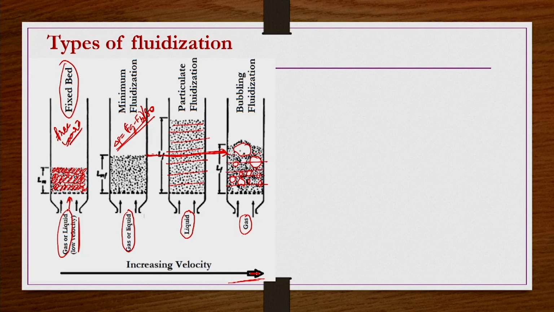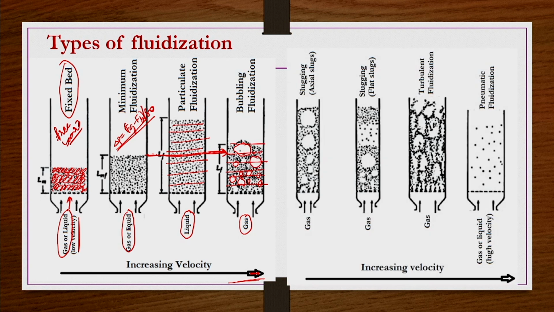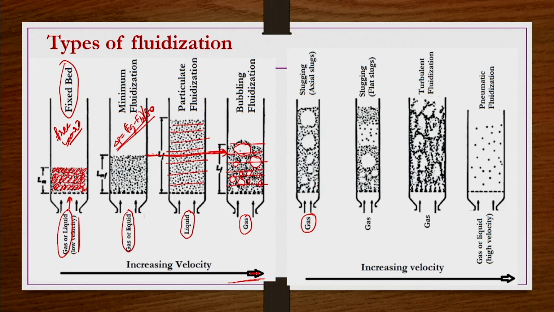Okay. And then further, the bed density at any location within the bed is not going to be the same, it is going to be different from one location to another. Then further, if you increase the velocity, and the fluidizing medium is a gas, and now you make the channel or the column in which you have done the packing of the material a bit narrower, then these bubbles forming by the bubbling fluidization increase in size,